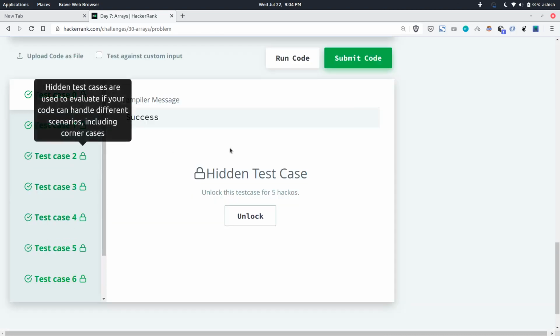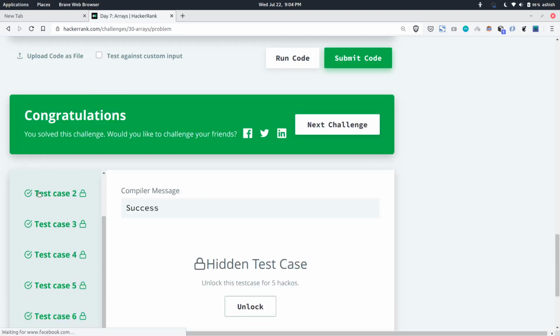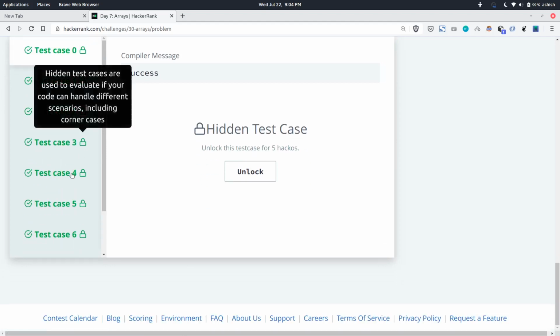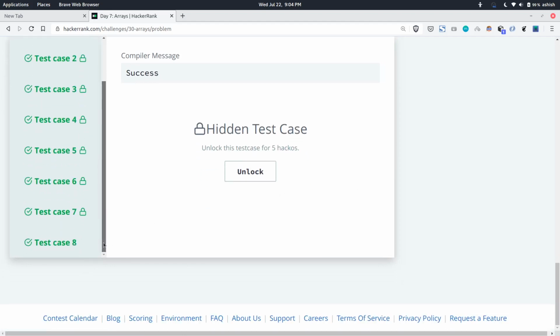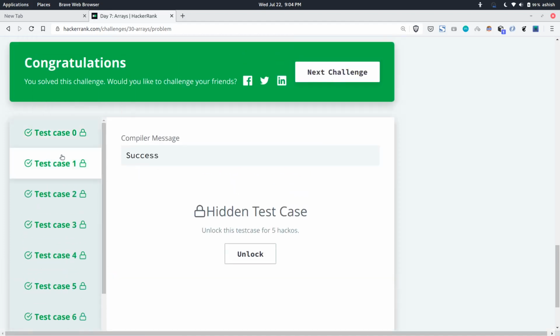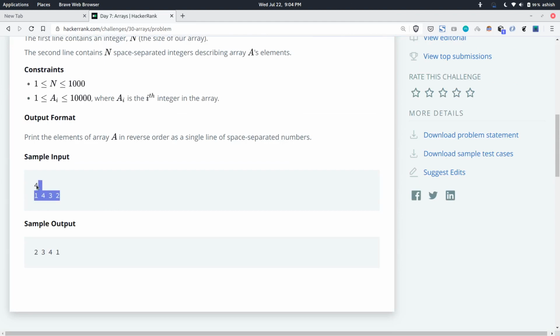As you can see, all the test cases are passed. If you get a tick, that means the test cases were correct and you have scored all the marks. There are 8 test cases here. It depends, some questions may have fewer, some may have more. You cannot see what those test cases are, they are hidden. That is how they check your code. You can only check for your sample input.